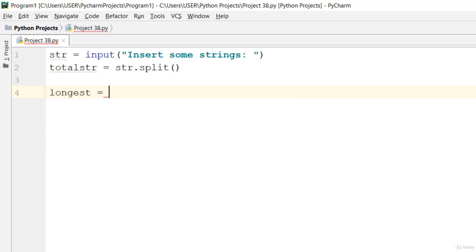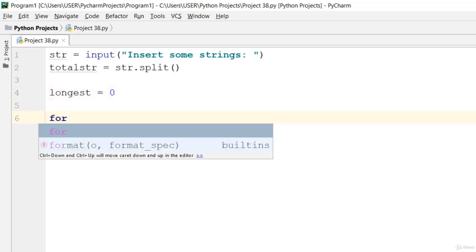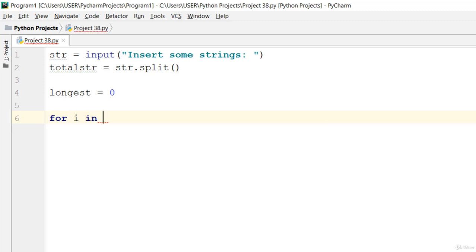Then we say longest is equal to 0. So we create a variable called longest, and then using a for loop we say for I in range of 1 and length of total, that is total LSTL, then we go ahead and say,